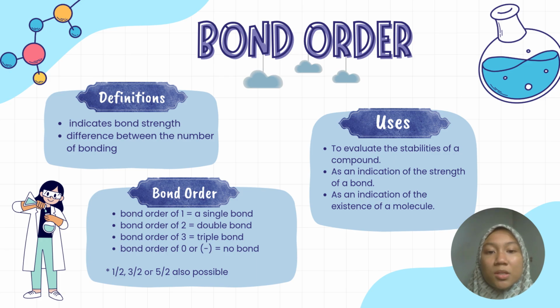So the uses of bond order are to evaluate the stability of a compound, to indicate bond strength, and to show whether a molecule can exist. That's all of what you can get when you calculate the bond order, and what they